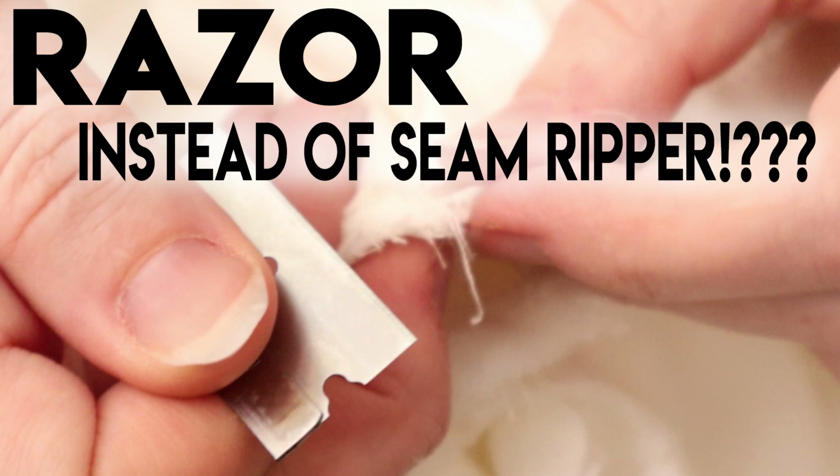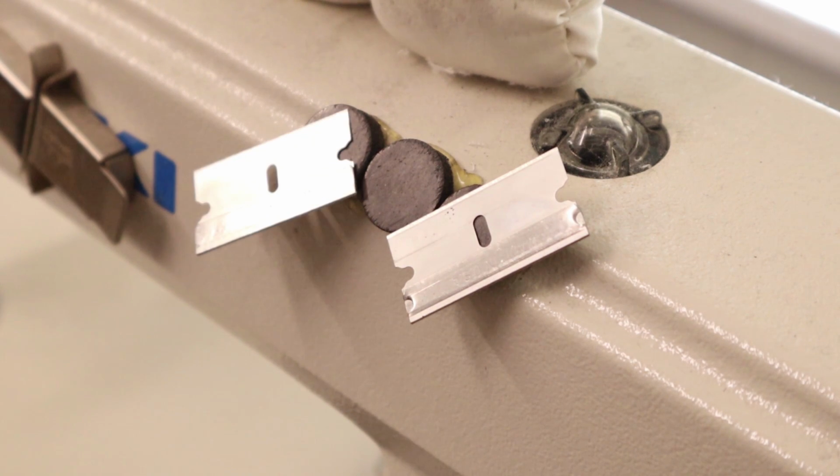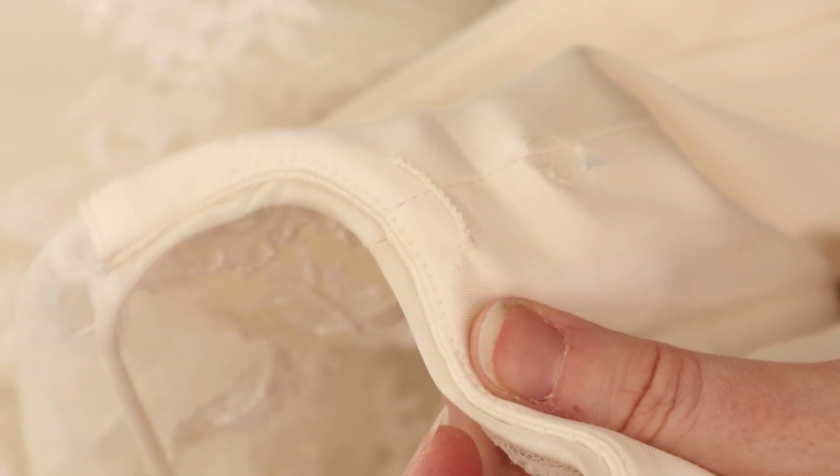Welcome back to Bridal Sewing Techniques, and today we're going to talk about using a razor instead of a seam ripper. I know it seems quite daunting to switch over to a razor when you've been using a seam ripper for years, but let me just tell you, if you happen to be in my shop and ask me, hey,